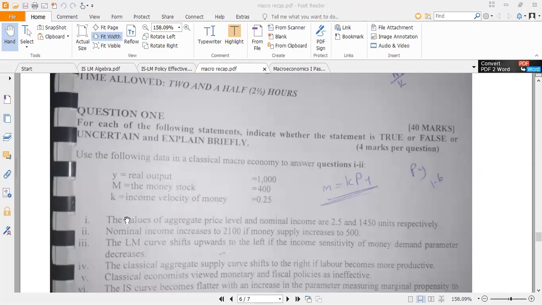Now, the first one says that the values of aggregate price level and the nominal income are 2.5 and 1,450 units respectively. This one is maths. You need to solve it and see if truly the price level is 2.5 and the y is 1,450. If one is true and the other is not, the whole statement is false. So we use M = kPy. This is your M. We've been given M as 400, and then